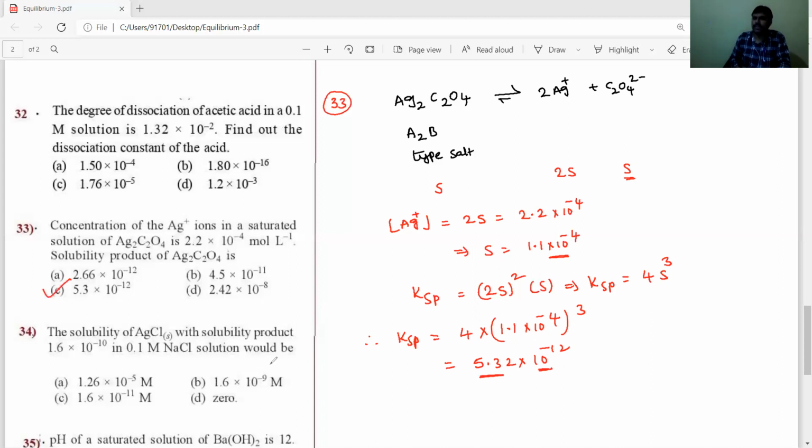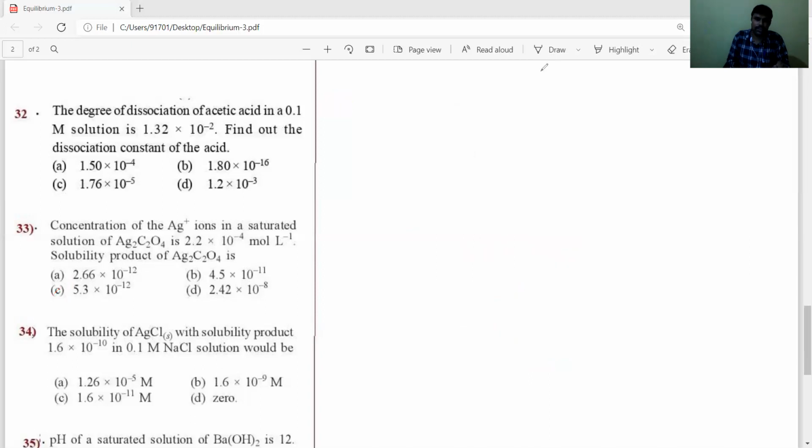Okay, students. So solubility and solubility product relations are very, very important. AB type of salts, A2B, or BA2 type, or AxBy type of salts, that relation we must remember in our mind. According to that, we have to solve. If they ask for solubility product, you have to calculate solubility product. If solubility product is given but solubility is asked, you have to calculate solubility. However, they will ask both types of questions from solubility and solubility product related questions. Okay, students, let's go for question 34.